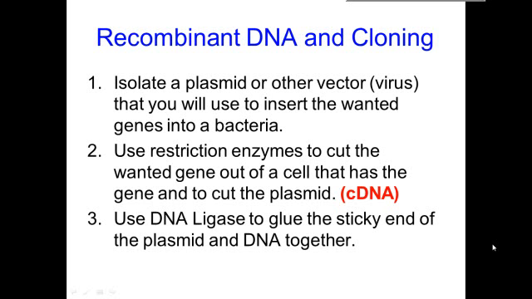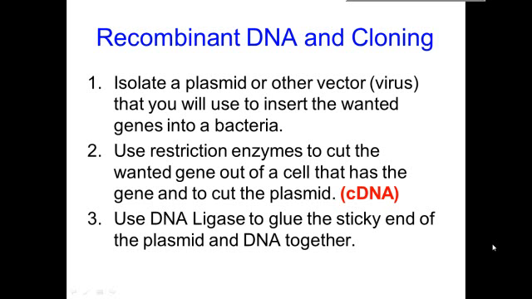Okay, so a plasmid is a circular piece of DNA, and what you're going to do then is use a restriction enzyme. Now, restriction enzymes are enzymes that cut DNA at a specific sequence. So, for example, ATTCCG or something like that. Whenever the restriction enzyme comes across that 6-letter sequence, it's going to cut it. Okay, and then you use the exact same restriction enzyme and cut the needed gene out of whatever organism you're going to use it from.